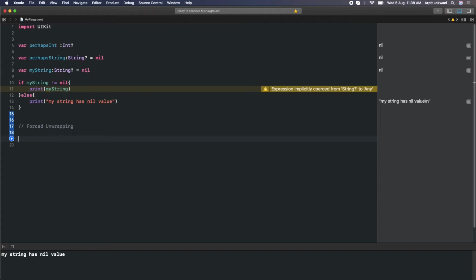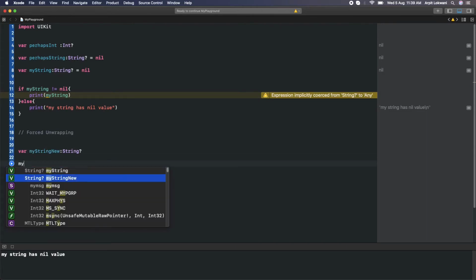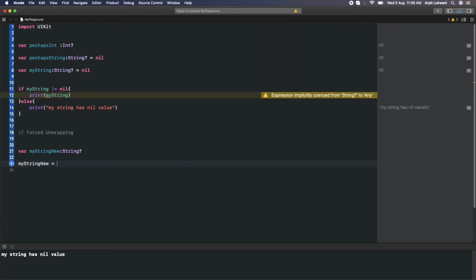So let me create the string. We can create this one string and say not equal to nil. We will change it here itself, or let me create a new one. Let me remove this. Now I will assign some value inside that: my string new is equal to coding shorts.